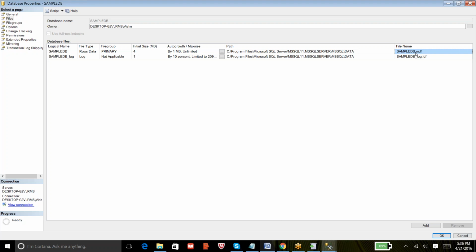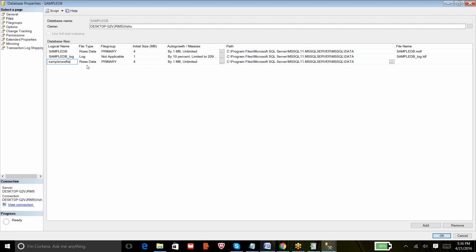In that case, as we have already created a secondary file group, now in this place you see an add button. Just click on add and provide a new logical name, whatever you want to call it. I say sample new file. Then you can see the row type automatically picks up rows data, saying that this is a data file.